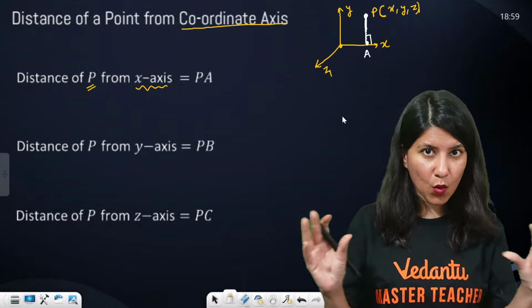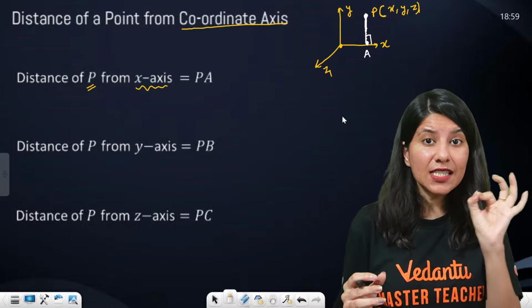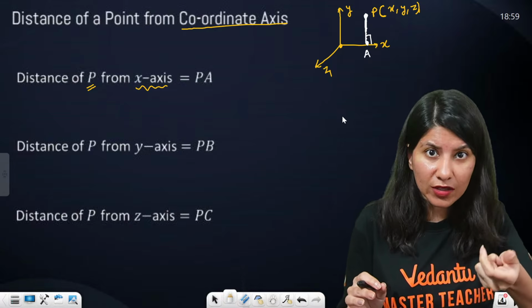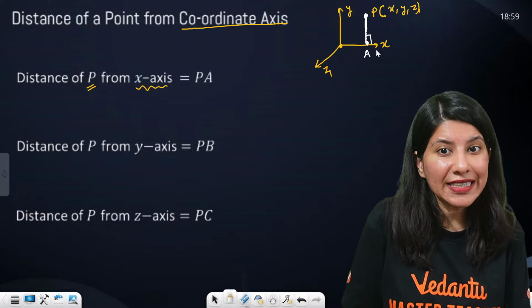So all we know is the distance formula. If you want to calculate the distance between 2 points, you should be aware of the coordinates of both the points. Yes? Yes or no? Okay. So here the point A. Now A,